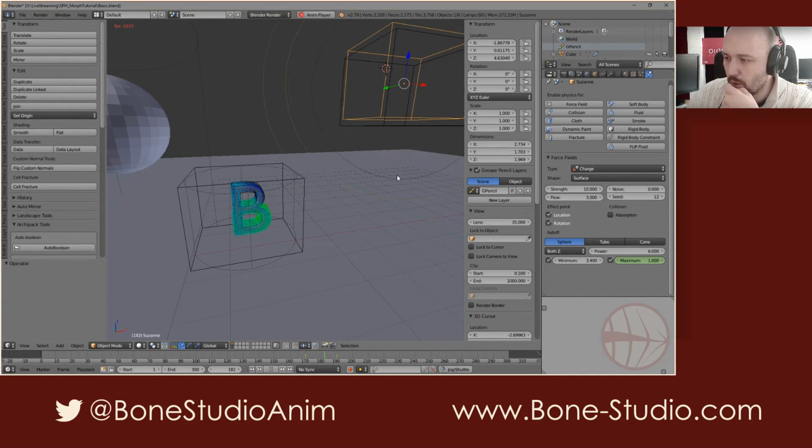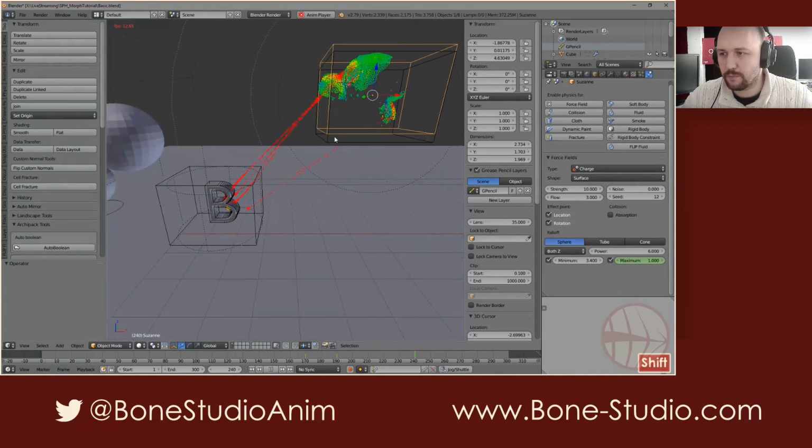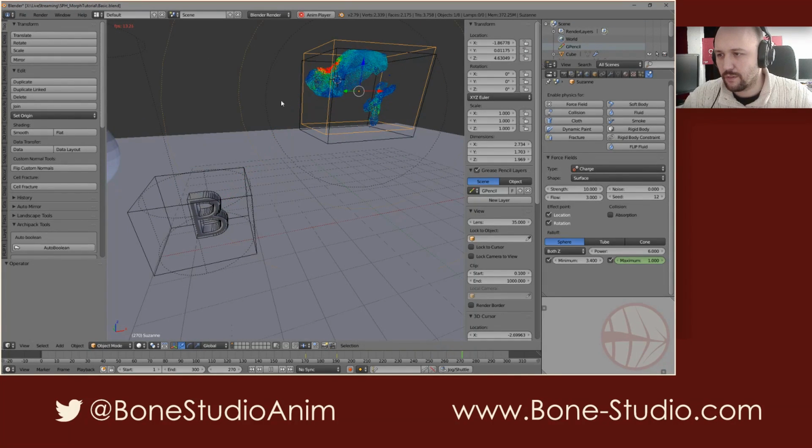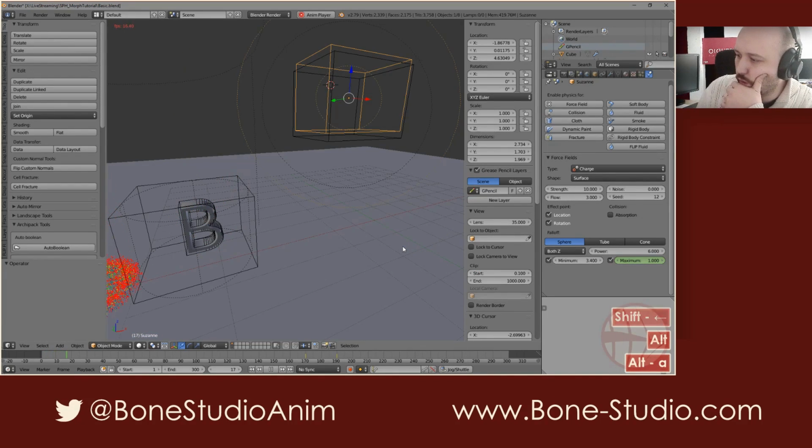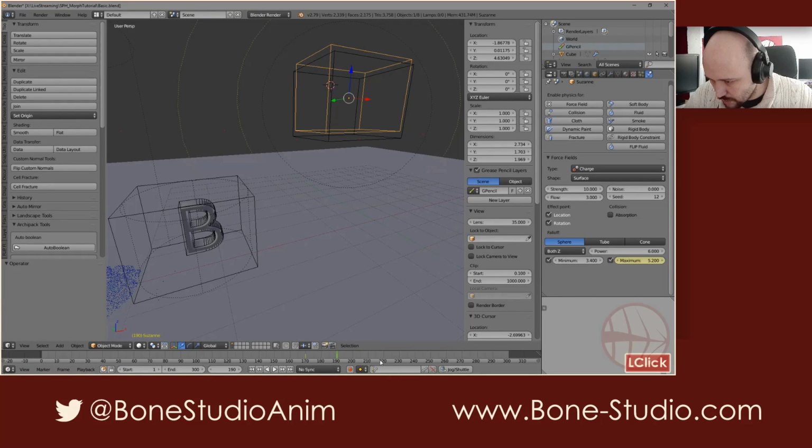Frozen liquid, and now we have part of Suzanne. And in this case, because the strength is bigger, we can reduce the maximum to 5 and probably 5 or 5.2, and we will be attracting everything. So let's try 5,